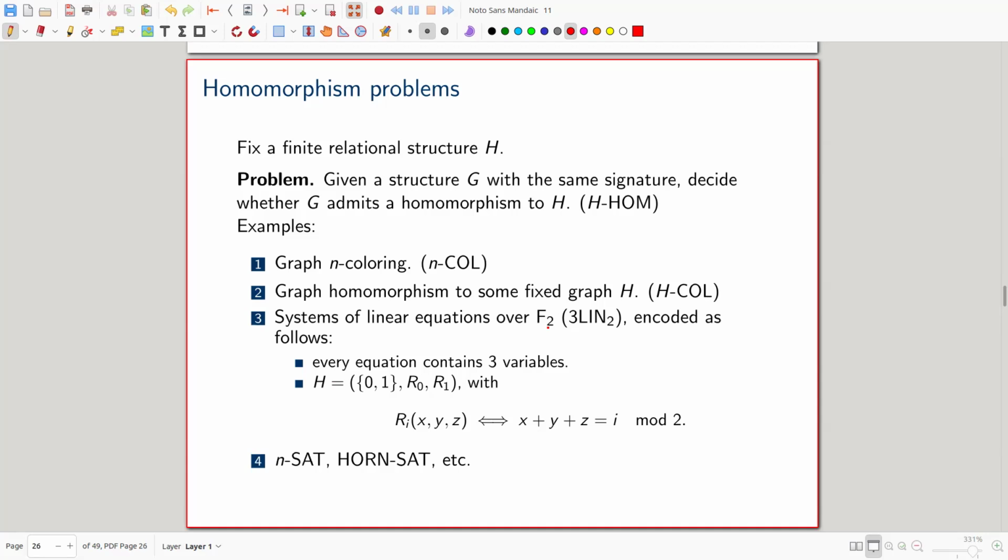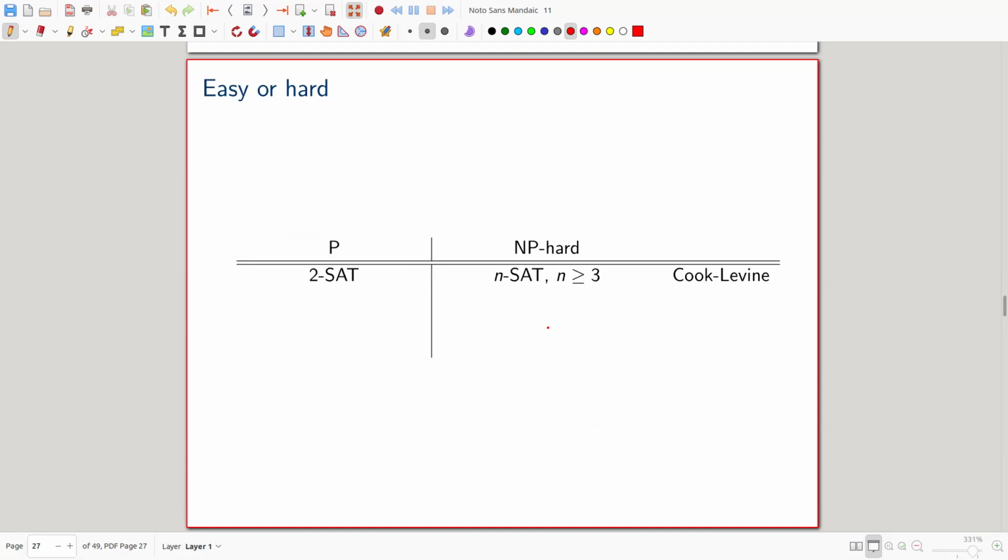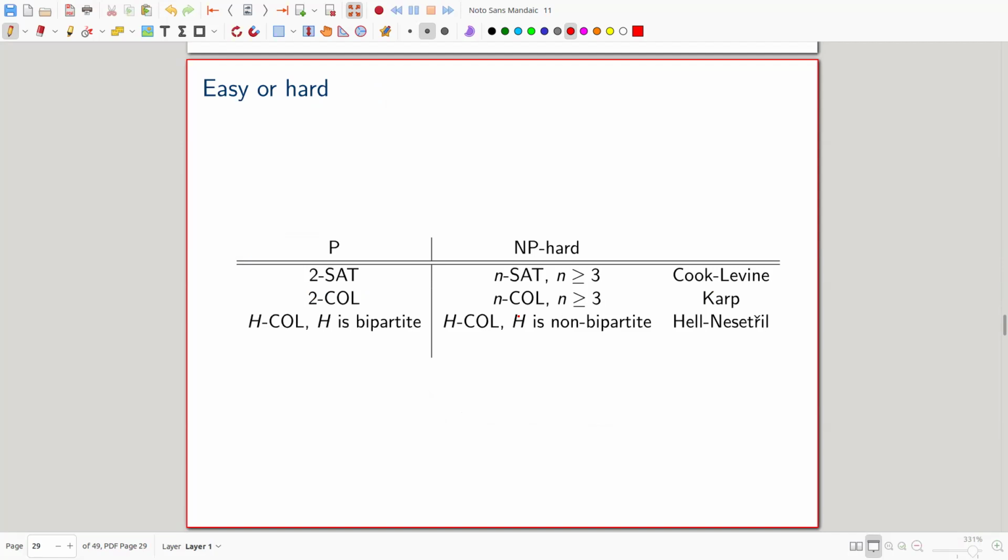Okay, and of course NSAT, Hornsat, these classical examples are also CSPs. And it turns out that CSPs fall into 2 categories. Some of them are easy. They are polynomial time solvable, like 2SAT, and some of them are NP hard, like NSAT, similarly for 2 coloring and N coloring. And one of the first results was by Hell and Nešetřil, who actually characterized for which graphs H, H coloring is polynomial time solvable. This is precisely when H is bipartite, and otherwise when H is non-bipartite, then H coloring is